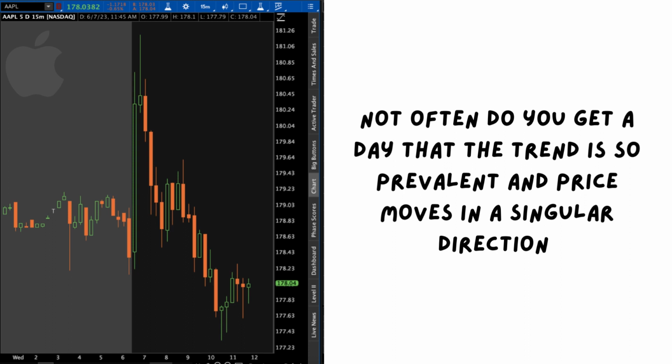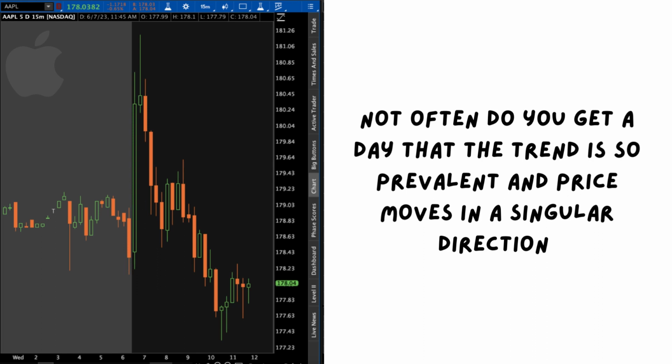The trade I took today was actually much later in the day, given the fact that I am currently sick, so I didn't really watch the charts for most of the day, and it was a gift of a day. Apple sprang up in the first 30 minutes of trading hours, but then afterwards just had a nice, beautiful downtrend for most of the day that reversed at about 11 o'clock, which is where I entered the trade by buying